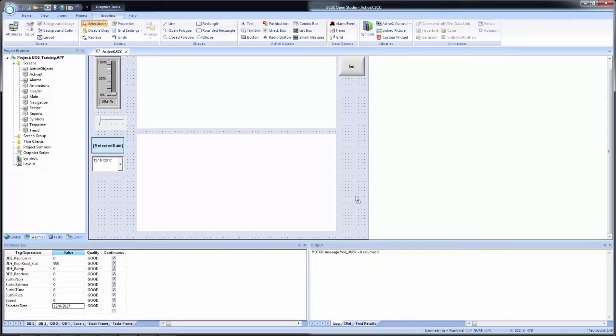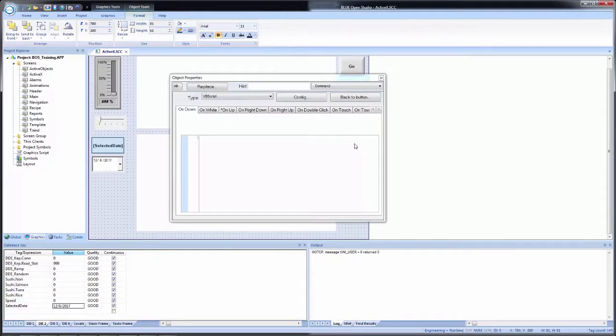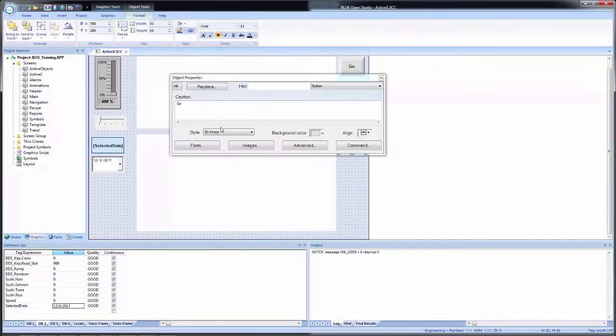So what I am going to do is copy my go button, and I am going to come into the properties, and I'm first going to go back and change the caption from go to website. And then I'll go back to command,